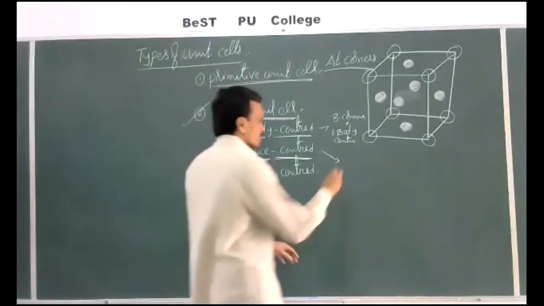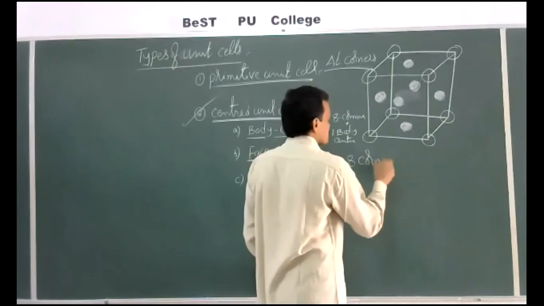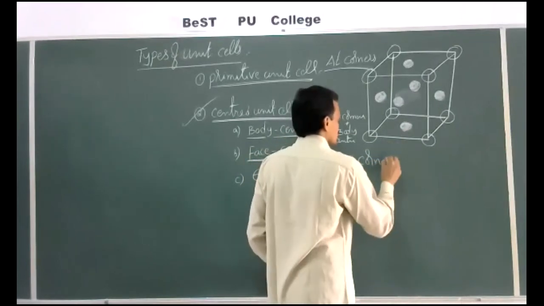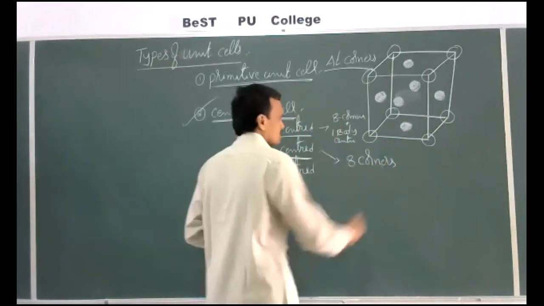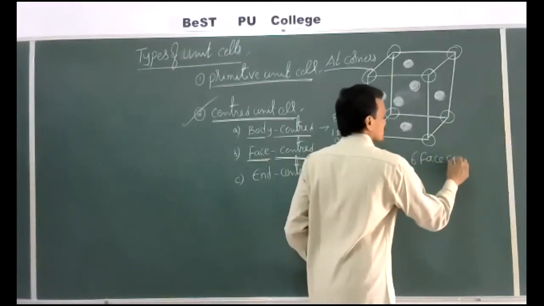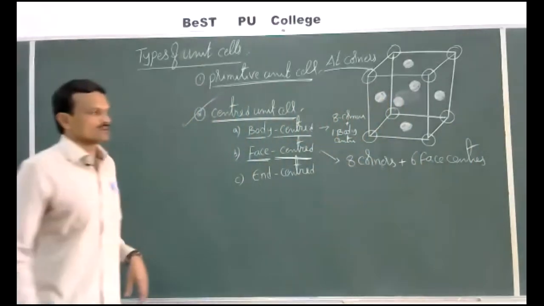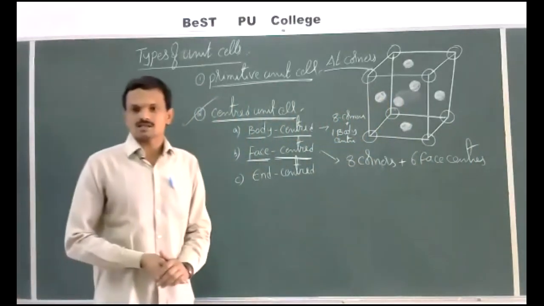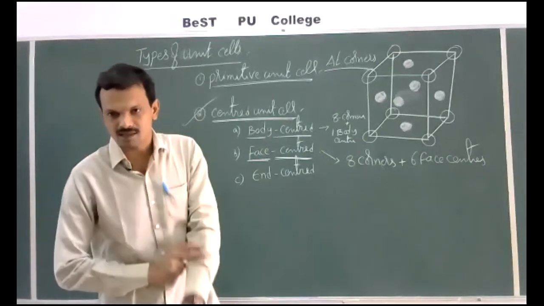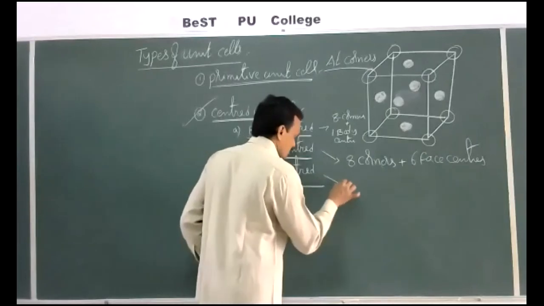That means the face centered cubic unit cell contains the particles at 8 corners, along with 8 corners, 6 face centers. A face centered unit cell consists of the constituent particles at 8 corners and 6 face centers. Right. Now come to the another one,